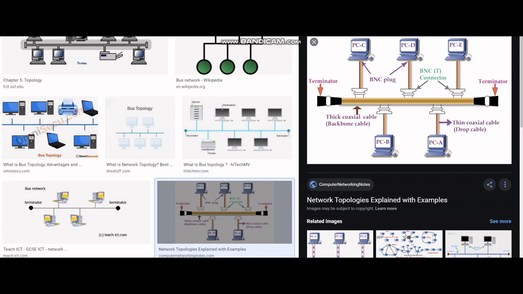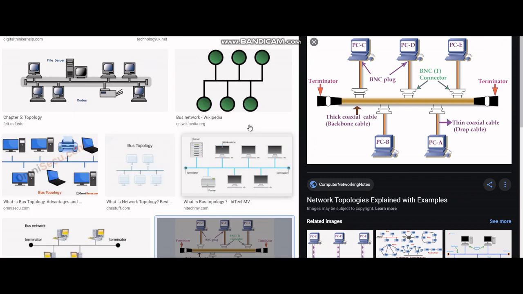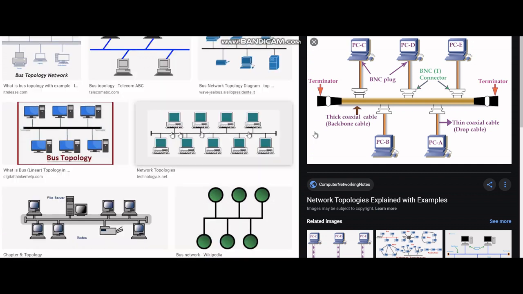This cable is used to transmit data from one end to another in a single direction. There is no bidirectional feature. It only has two endpoints,